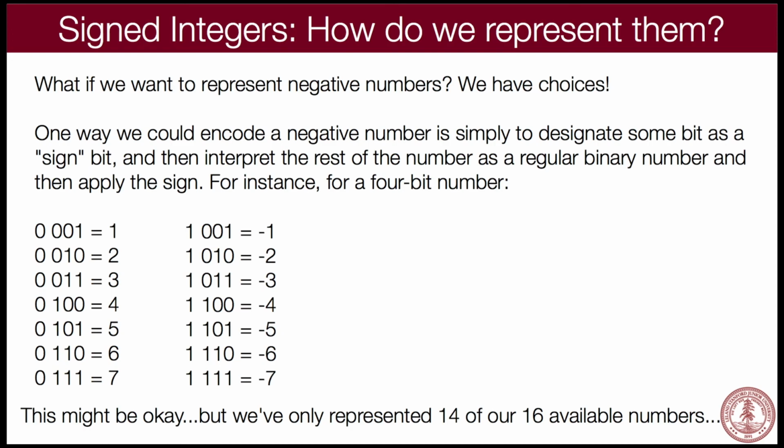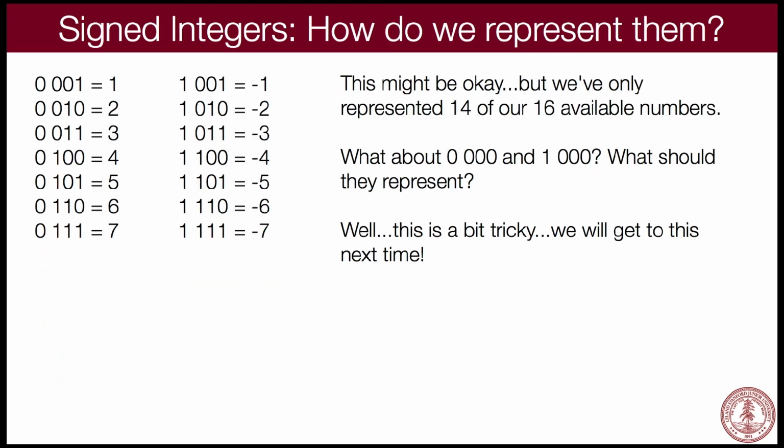We've got two other representations that we have to deal with. Which number's missing here? Positive and negative 0. We don't like the fact that we might have to deal with positive and negative 0. If you have a positive 0 and a negative 0, what would that mean? Would 0000 be positive 0 and 1000 be negative 0? There's no negative 0. Now, I know mathematically you can talk about asymptotes going to negative 0 and positive 0 and all that, but we are not talking about that. We do not like this representation.